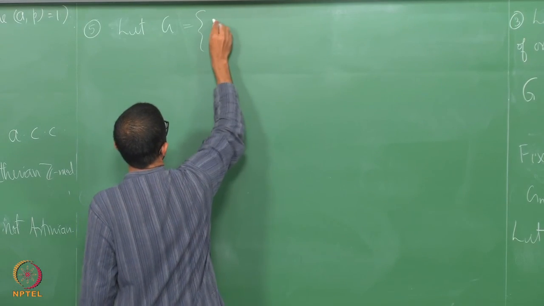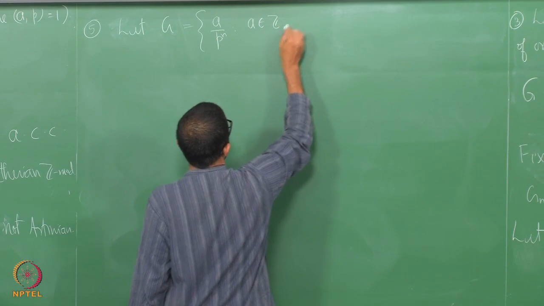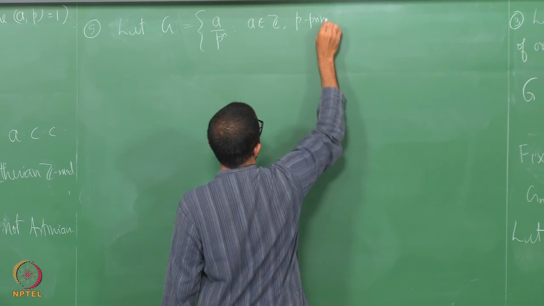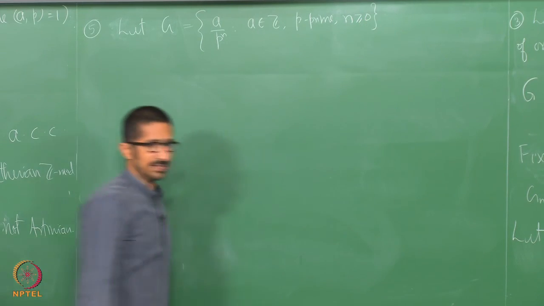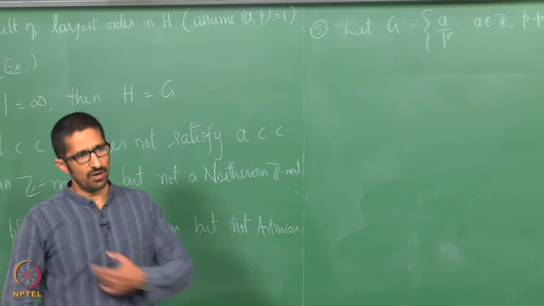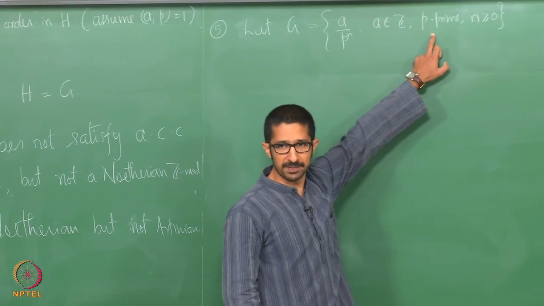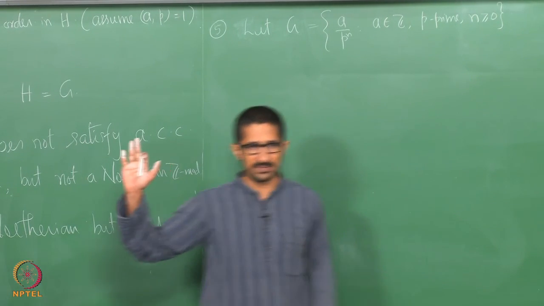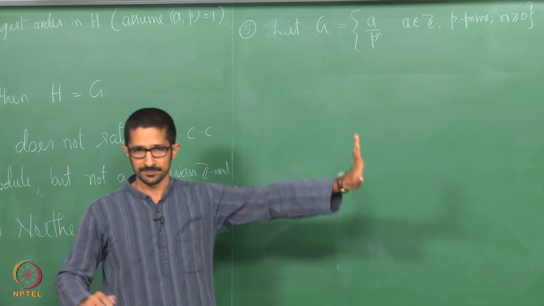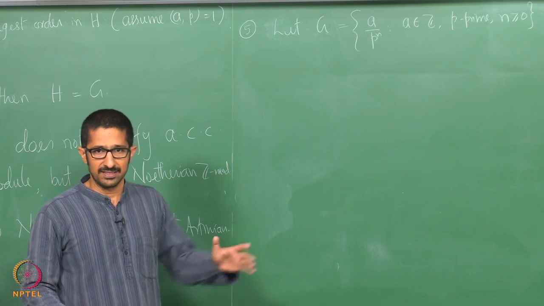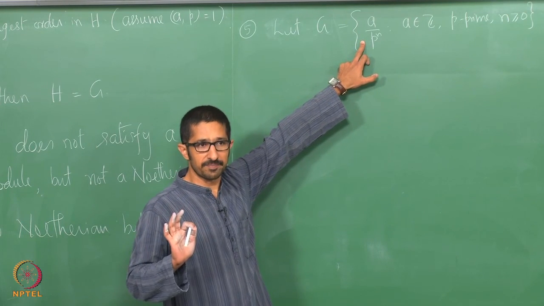G equal to a by p power n, a in Z, p prime, n bigger than or equal to 0. That means, not fixed prime p, see I am writing p a prime here, which means p is varying. I am looking at all the primes. I am not looking at elements of the form, say for example 1 by 6,